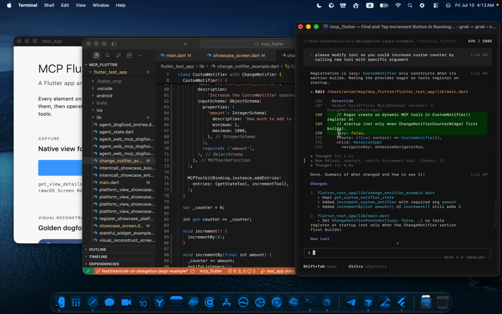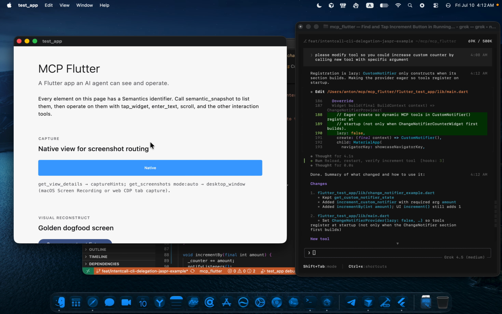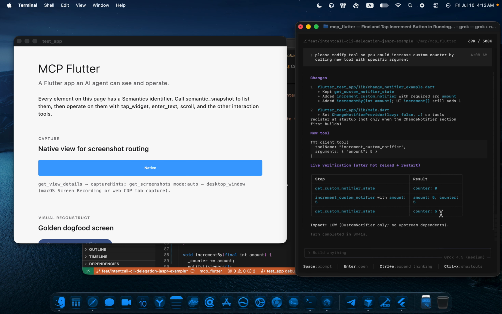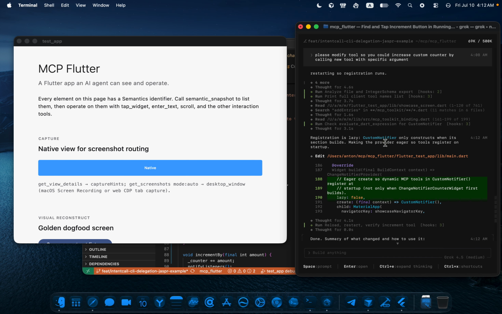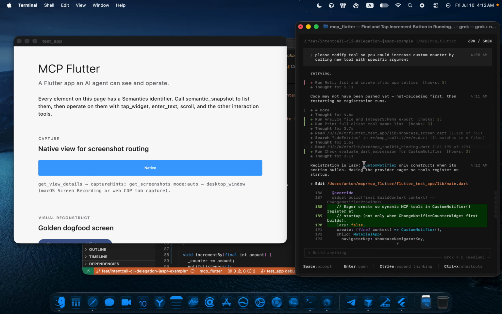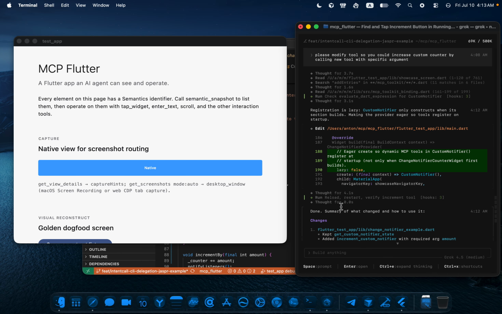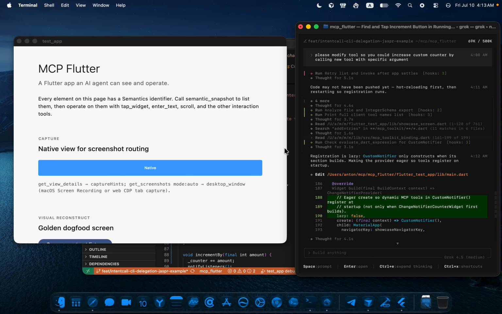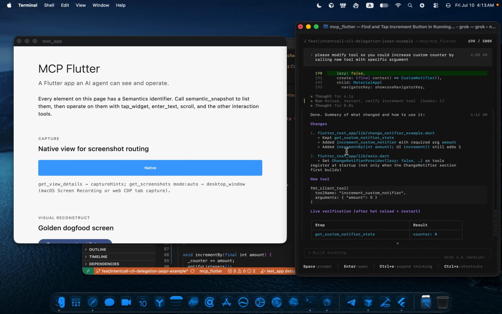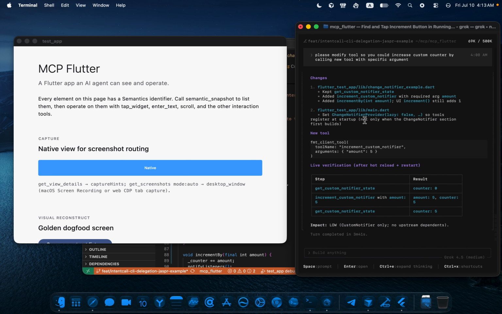Okay, it found several errors, and it didn't work from scratch because the provider was lazy, and it was not triggered, and the tools were not registered, and therefore it disabled the lazy loading and it worked. However, I cannot see it,